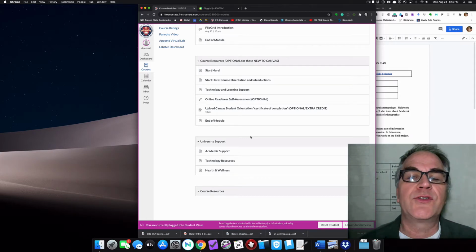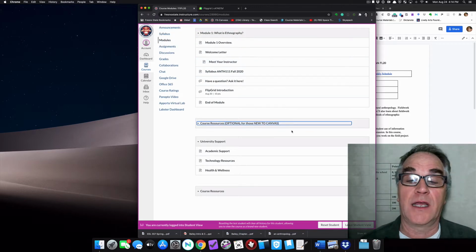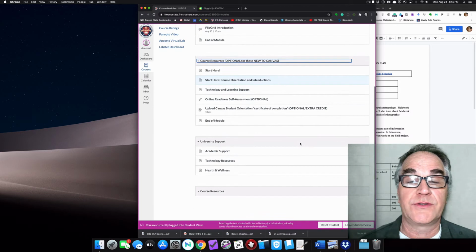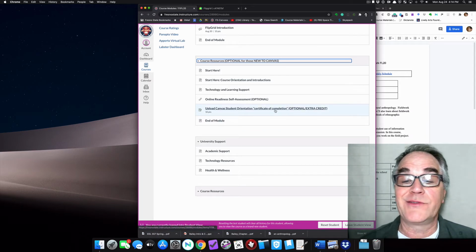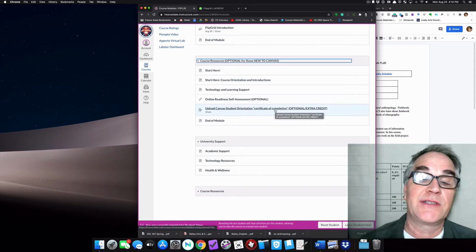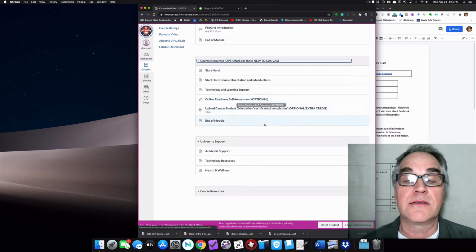There are some course resources. It says optional for those new to Canvas. If you've taken Canvas courses before, which is all of you, I presume, all of this stuff right here, ignore it. There are even uploads, certification to take a quiz, online readiness. You are not required to do any of these things.